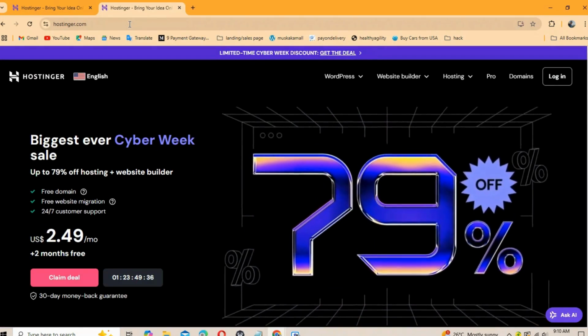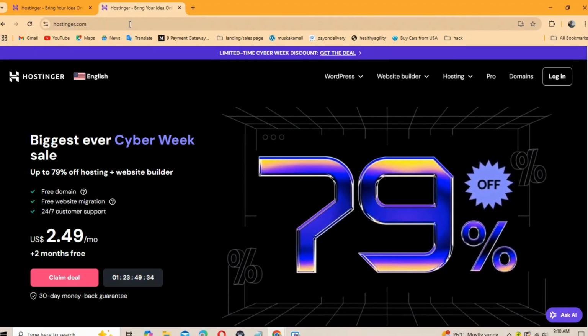Now Hostinger works in a different way. Here, for you to create an account with Hostinger, you must purchase any of their services. Maybe you get a hosting from them, or you buy a domain, or you get a WordPress hosting. So any of these services, you must get it from them. Now, I have an account, but for the sake of this class, I will just have to